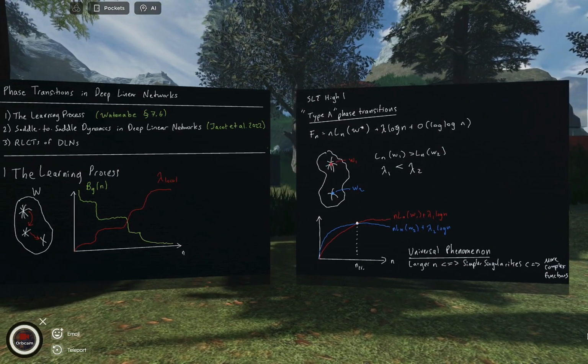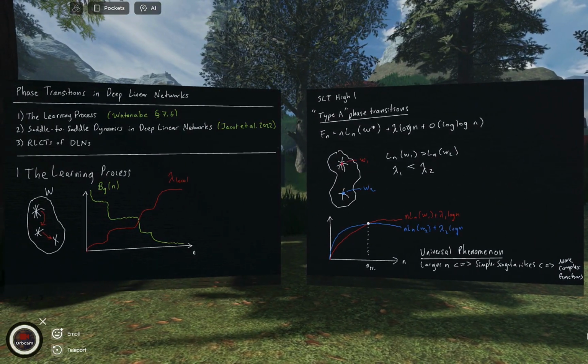Well, let's come back to the original slide for a second. I mean, what this suggests is if we continue this out a little further, after some point, you hit the set of optima, and you're moving around this set. And now you can have a transition to a more complex singularity. And so this should decrease now.